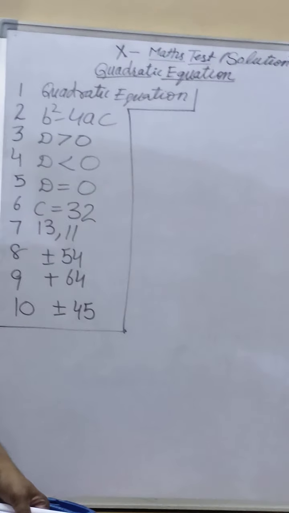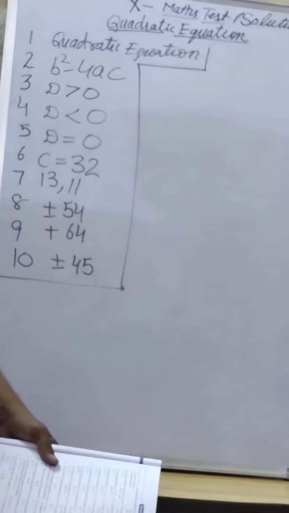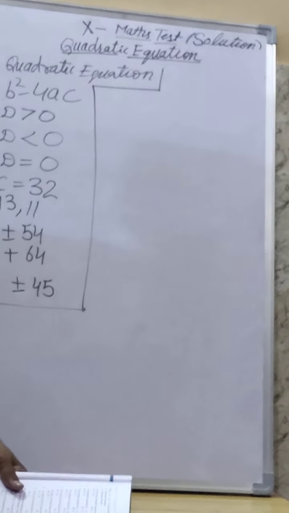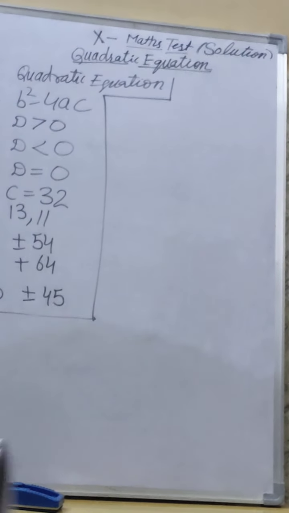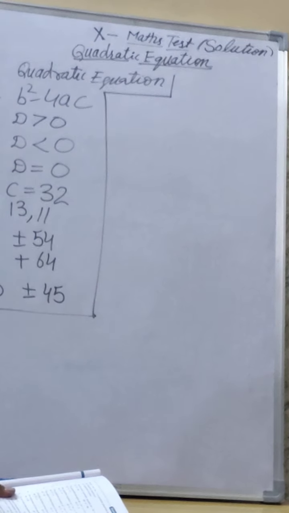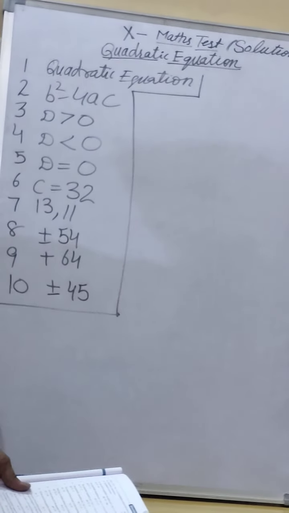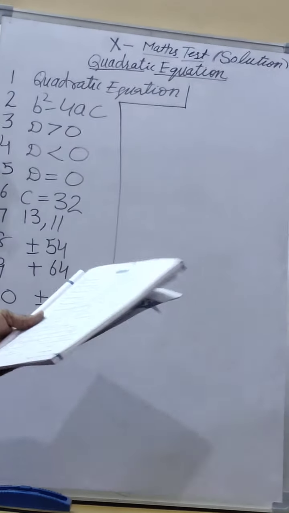Today we have faced the test of chapter 4, quadratic equation. I think maximum they can score full marks, and they will score if they have revised seriously. So even now I am doing the solution, so you can tally first answer, later on I will send the result. So what was the first question?